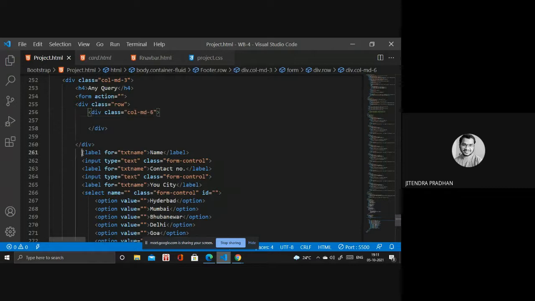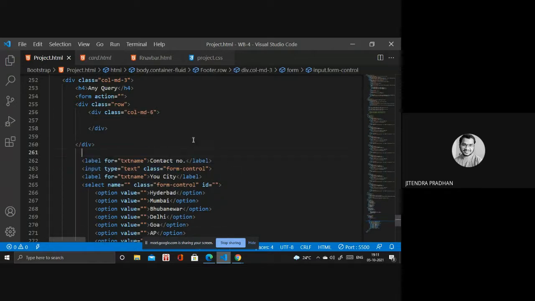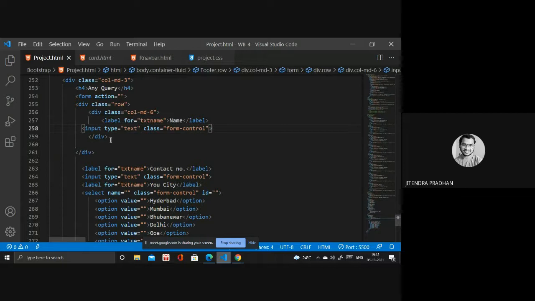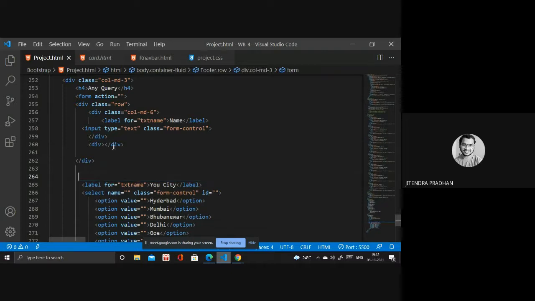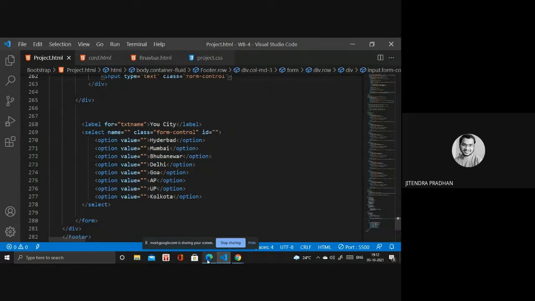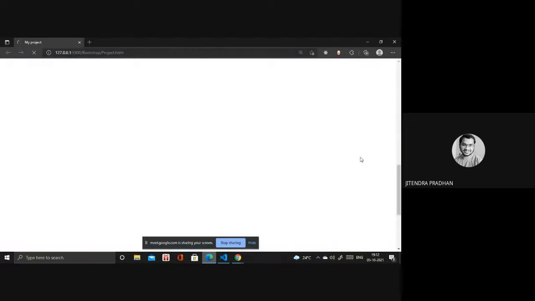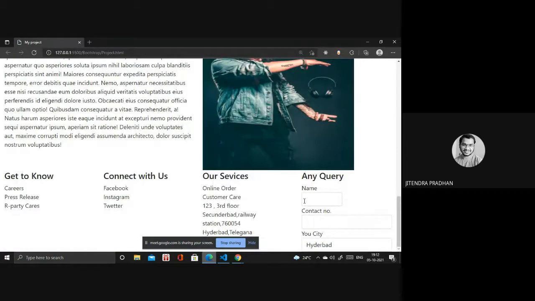Okay, then you have to put down that one and div and put down that part as well. Let's see how it looks now. Okay, name, contact number, Hyderabad, you have to select.